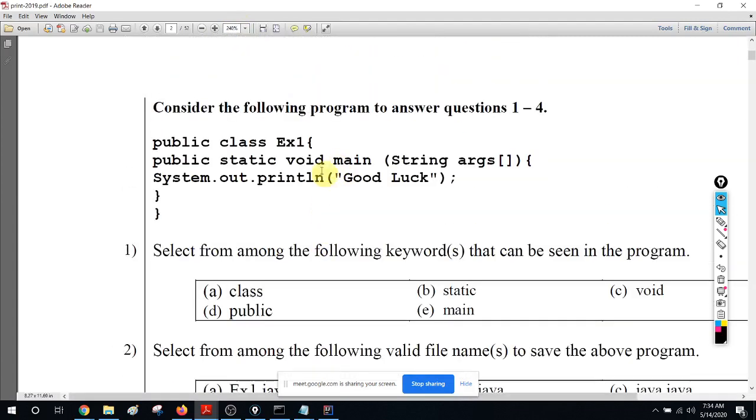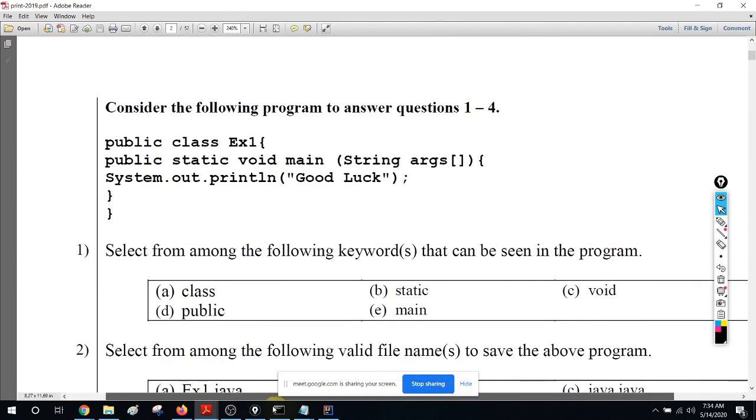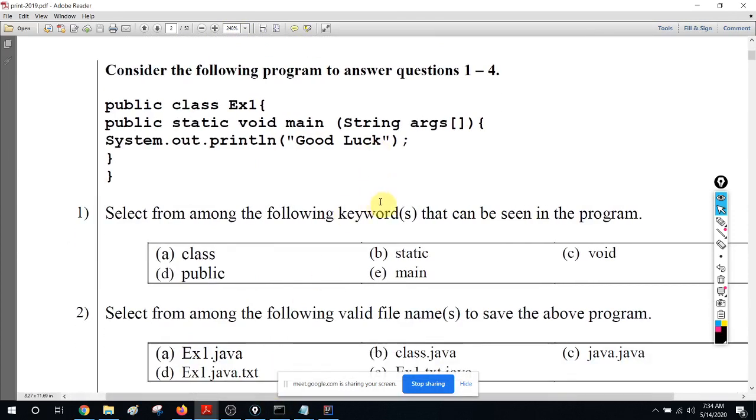So if you have the past papers, you can refer to it. If you have the past paper book we have given, right? Question 1. Remember, this programming subject is a place where you can easily get an A or A plus, because this is not fussy, this is programming, right?